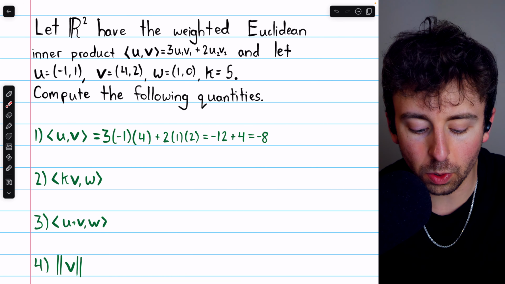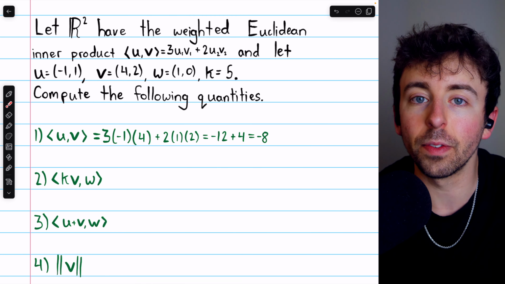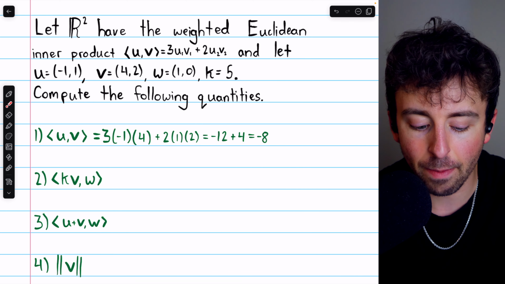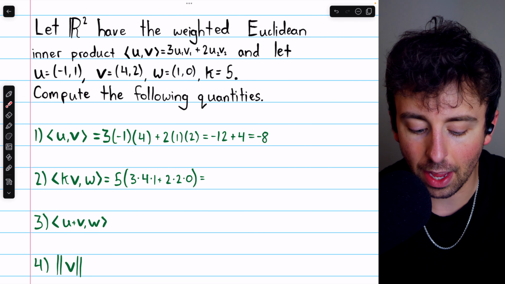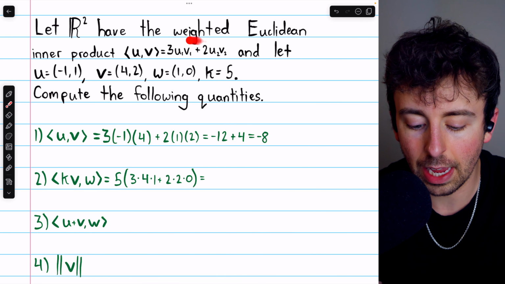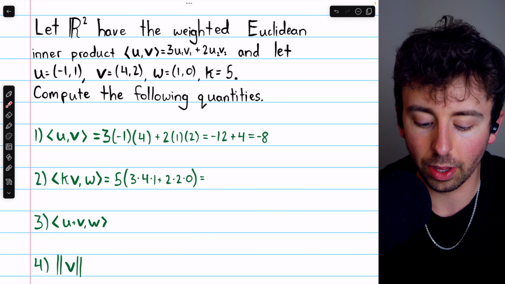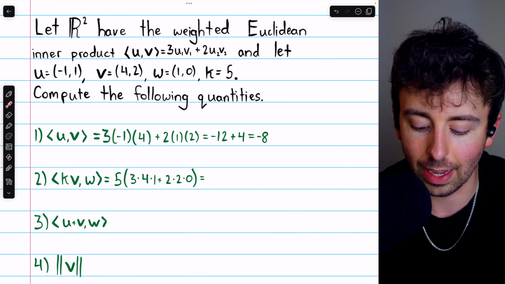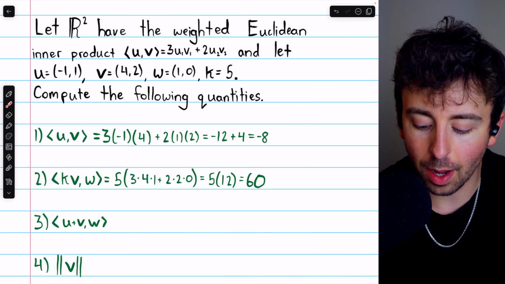Moving on to number 2, we have a scalar k in the first slot, but we can just slide that out of the inner product. So we'll compute the inner product of v with w, and then multiply that by a factor of k. K, our scalar, is 5, so we take that scalar out, and then we compute the inner product of v with w based on the given weighted inner product here. So 3 times the product of the first components, that's 4 with 1. And then 2 times the product of the second components. That's 2 and 0. This ends up being 12 plus 0,